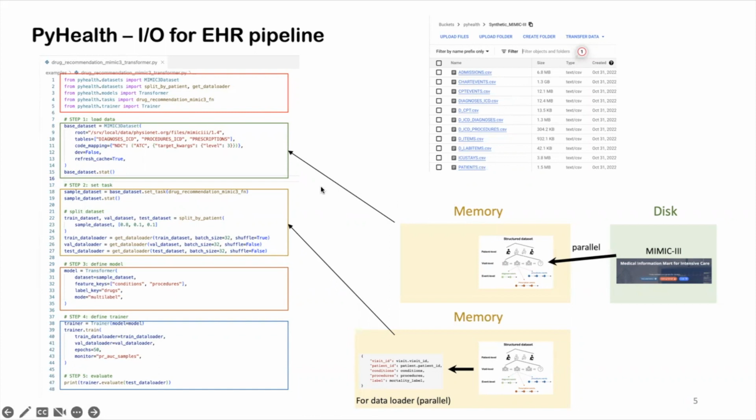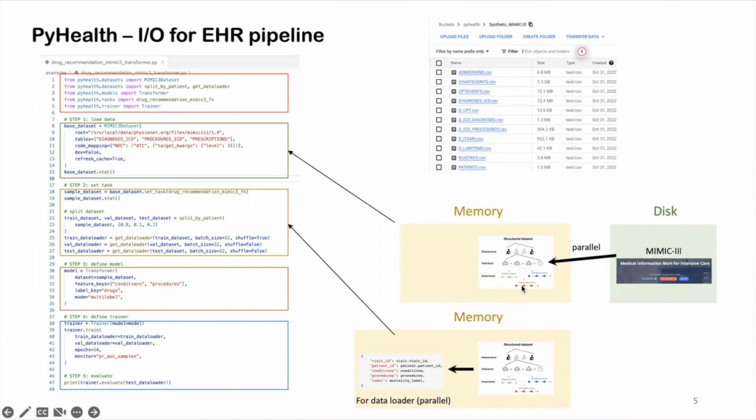The thing I want to discuss here is the input and output of the EHR pipeline. If you wanted to use our pipeline, you probably have in front of you a list of CSV files, a medical database as a folder, and then you will use our MIMIC-III dataset data loader API to process this folder of CSV files. Internally, we load this folder from the disk and then process each patient in parallel and clean them into